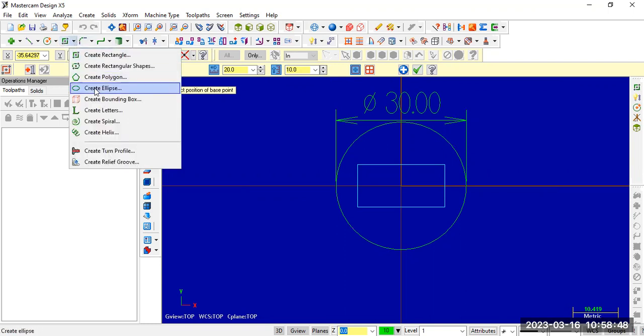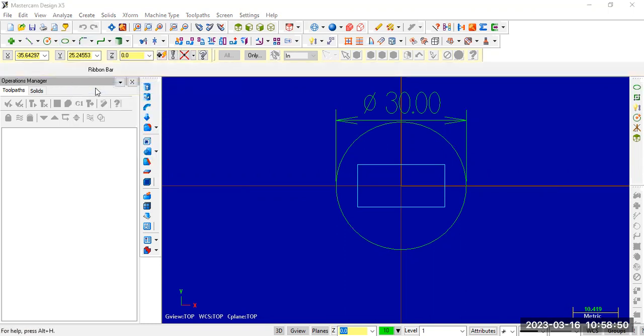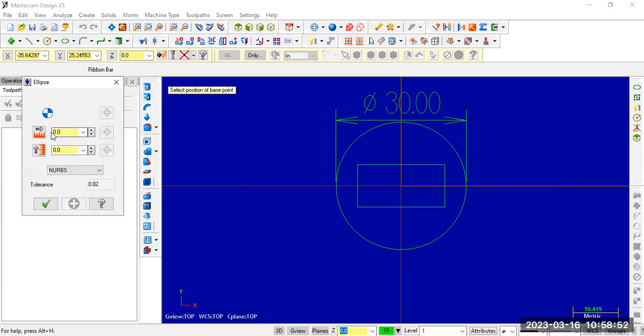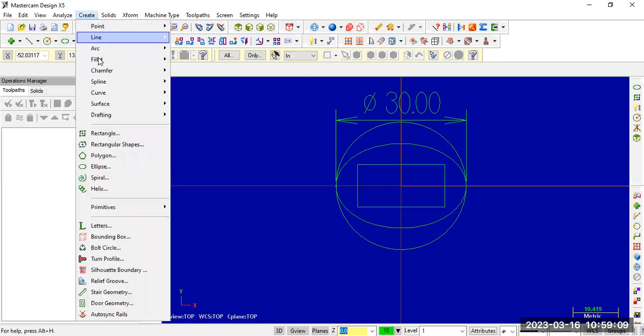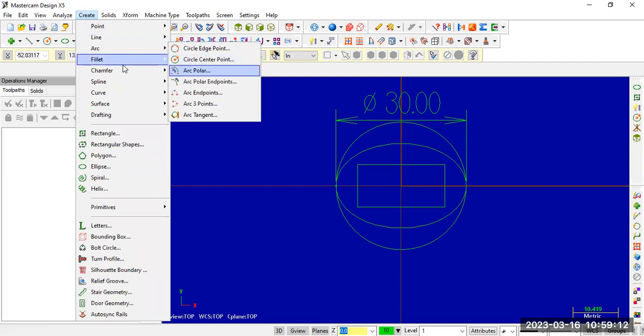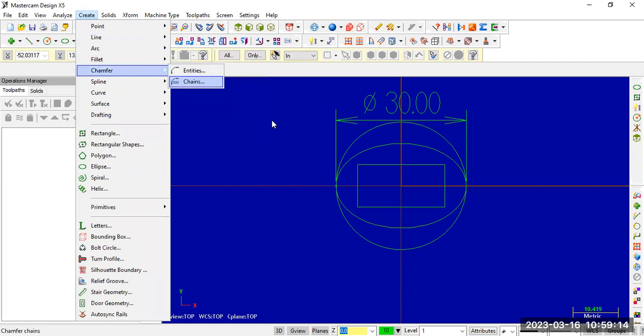Suppose if I want to create an ellipse, major diameter, minor diameter. Suppose 15, 10. Base point. Elliptical curve will be created. So like that we are having options. Suppose if I want to perform